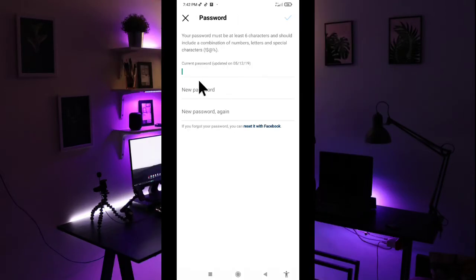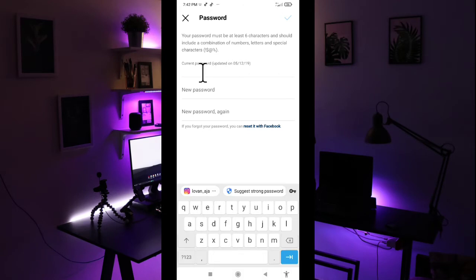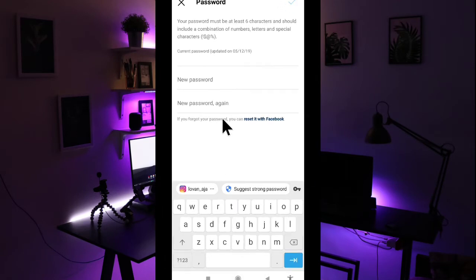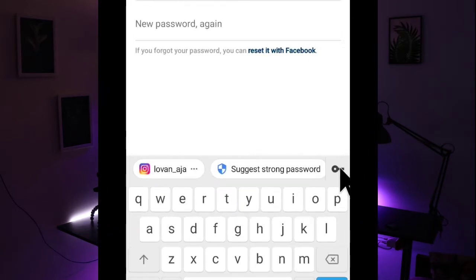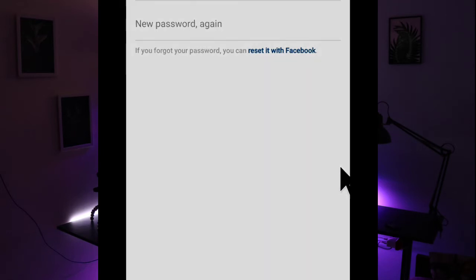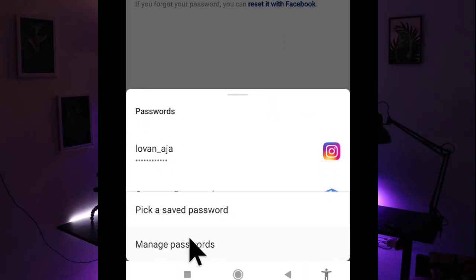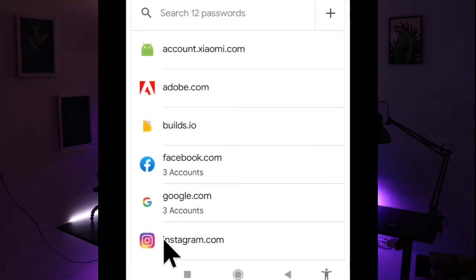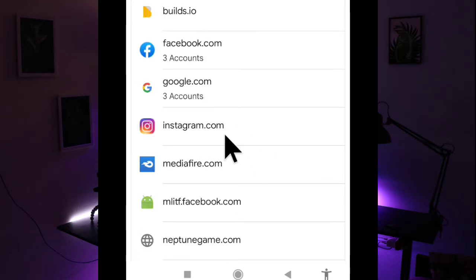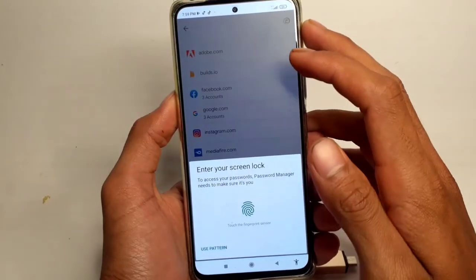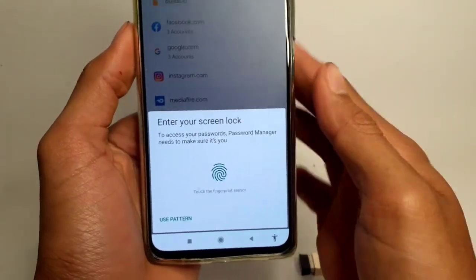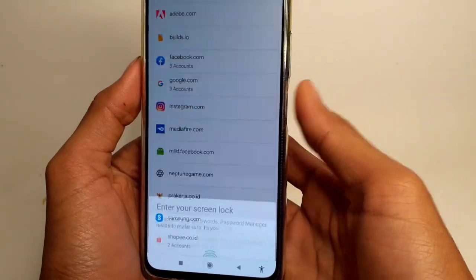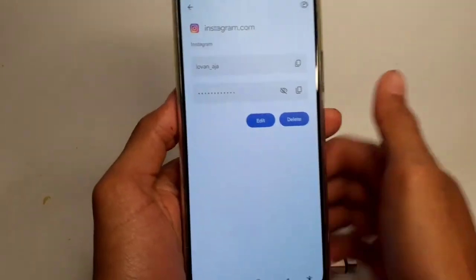Okay, and then tap on the Current Password section. And then next you select this lock icon image, guys. And select Manage Passwords. And choose this Instagram.com. Okay, here to open security, you are only asked to use a pattern, or it can also be done with a fingerprint. And here is your current Instagram account